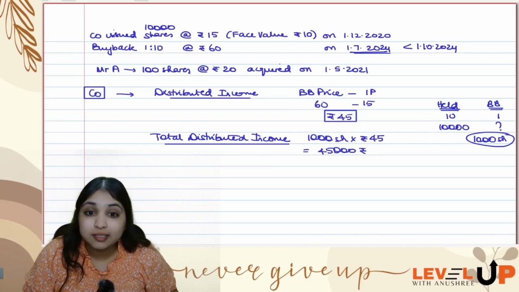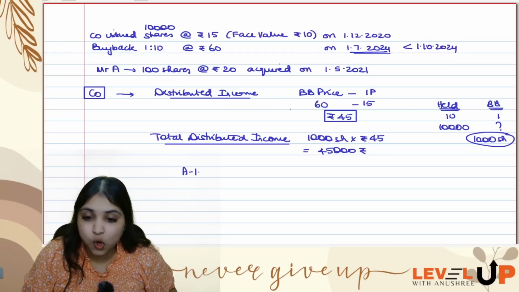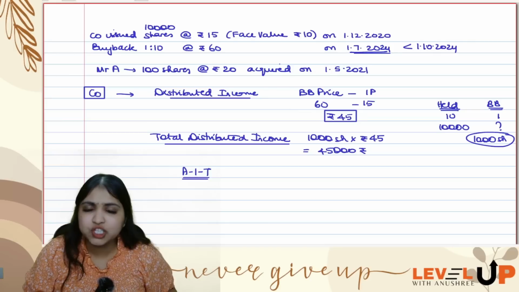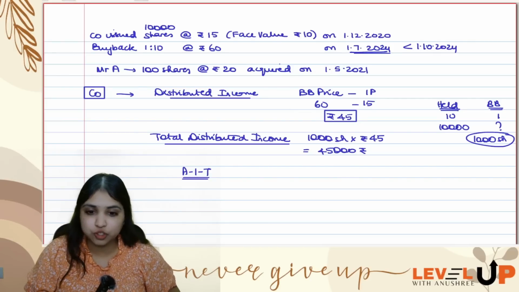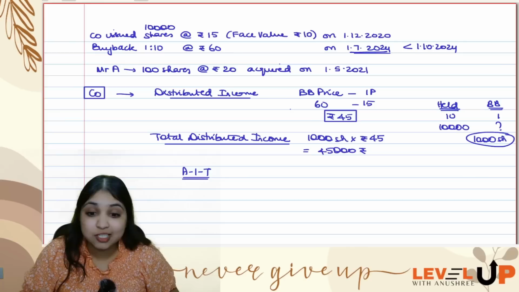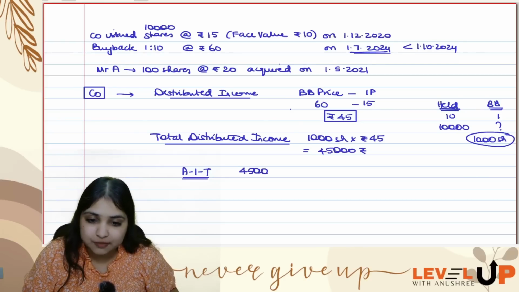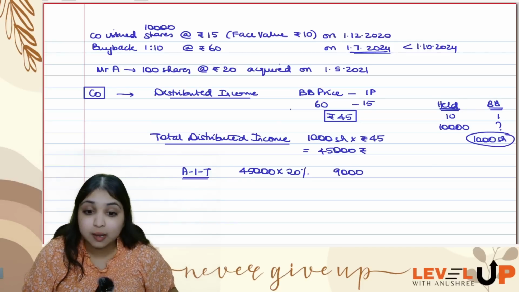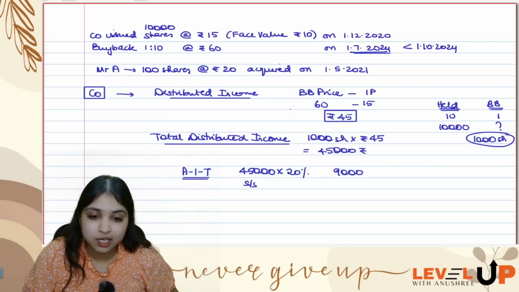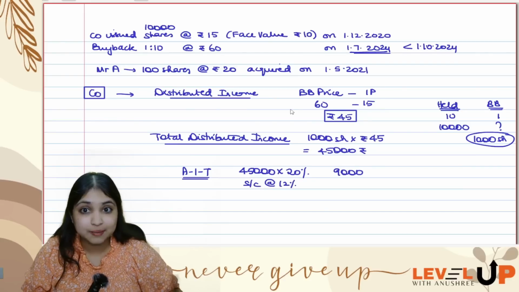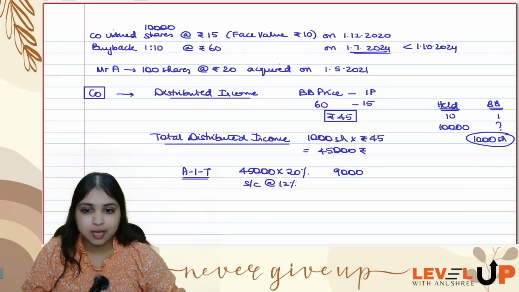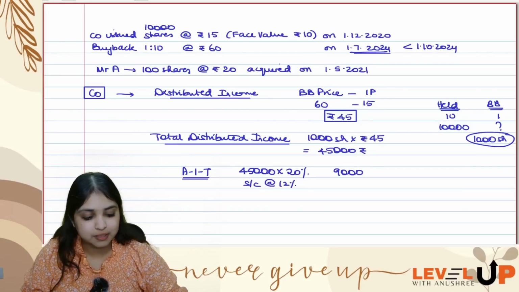Alright, now on this total distributed income only, the company is supposed to pay something called additional income tax, which we very popularly call buyback distribution tax also. This additional income tax is 20%. So the distributed income is 45,000. This into 20% is going to be 9,000 rupees. Then the company has to pay mandatory surcharge at the rate of 12% of this 9,000. So 9,000 into 12% will be